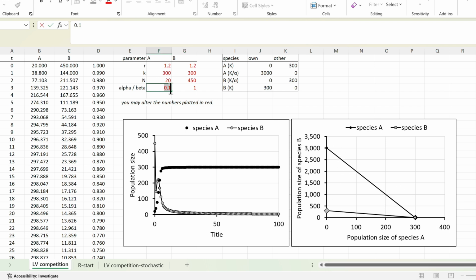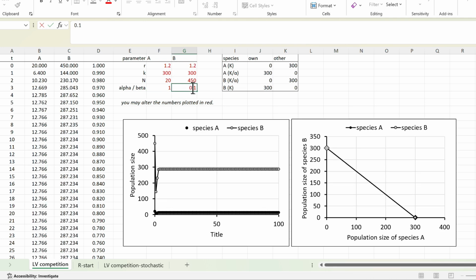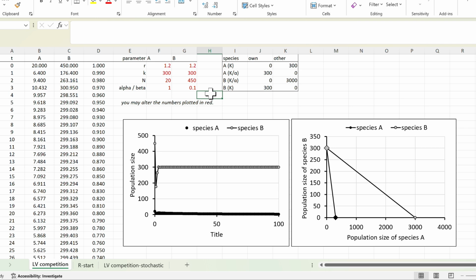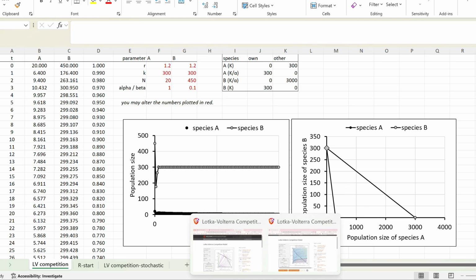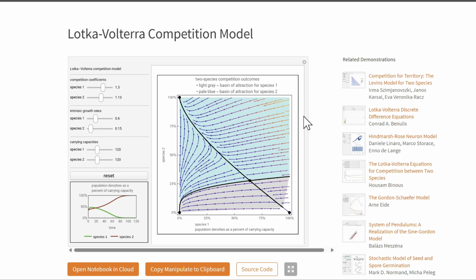If I wanted to reverse that, I make species A face a lot of competition, species B not so much. And I see species B, the gray line, coming up on top. And if I want to do it on the Wolfram,